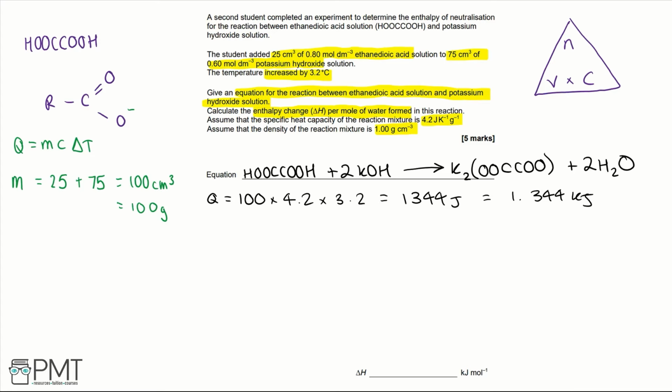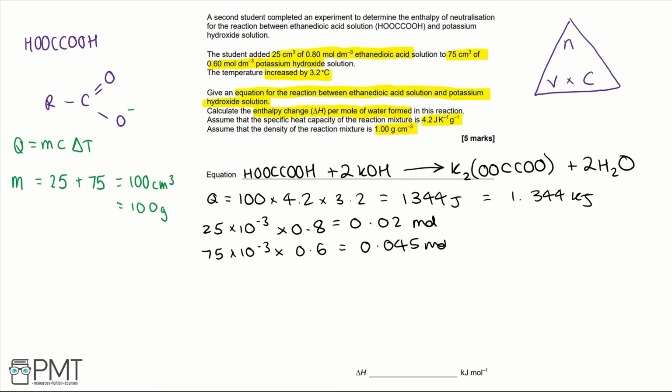If we start with ethane dioic acid, that's 25 times 10 to the negative 3, because we convert centimetres cubed into decimeters cubed, and then we multiply by 0.8, and that's equal to 0.02 moles. Then we do the same for potassium hydroxide, so that's 75 times 10 to the negative 3 multiplied by 0.6, which equals